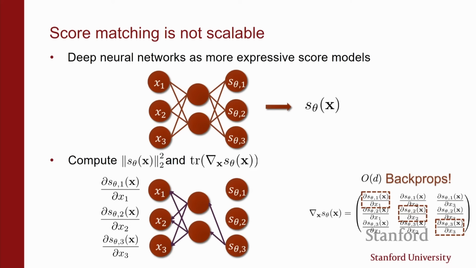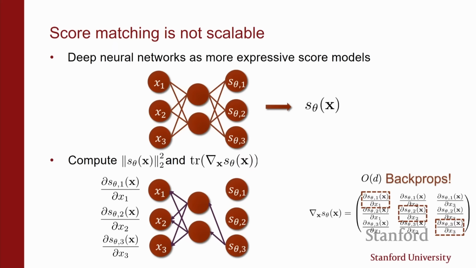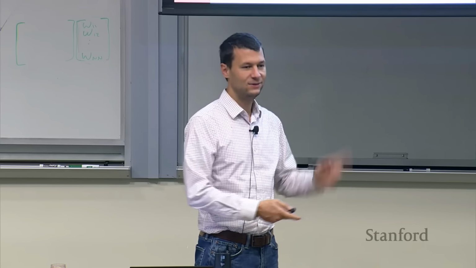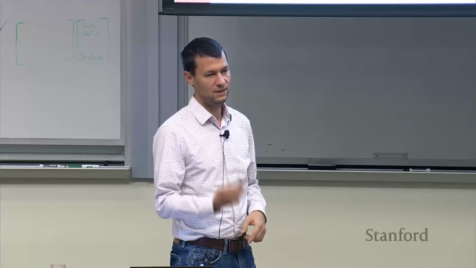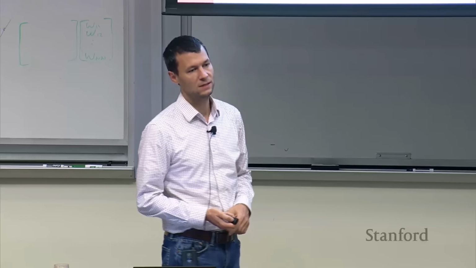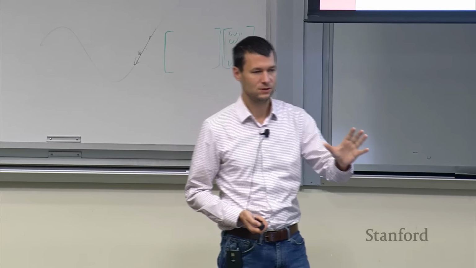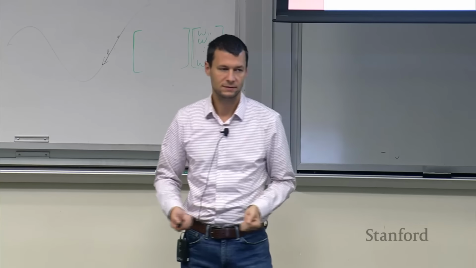Doesn't EBMs have the same problem? Like we also have to calculate the trace of the Hessian. Yeah. So EBMs are even worse because in an EBM you would need to do one more backprop to get the score, and then one more to get these derivatives. So an EBM would be even more expensive. This at least saves you one backpropagation because you're already modeling the gradient of something, but it's still expensive.